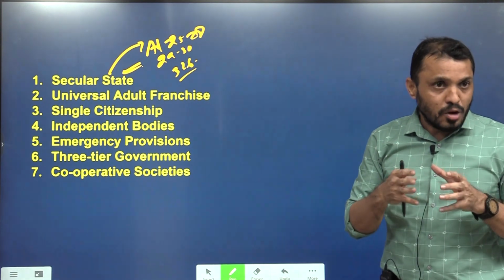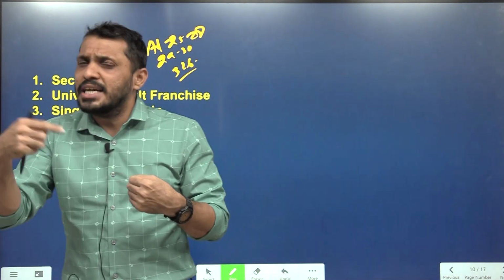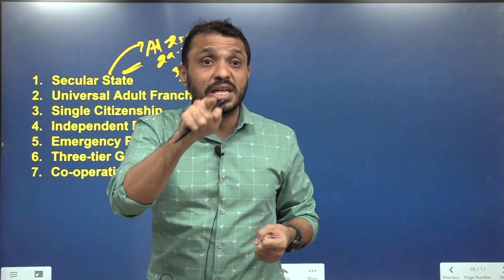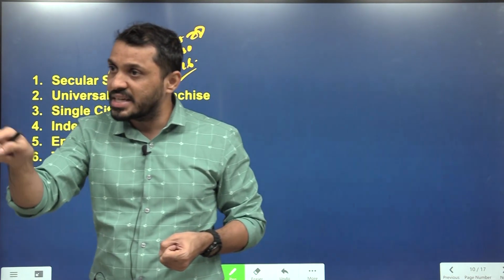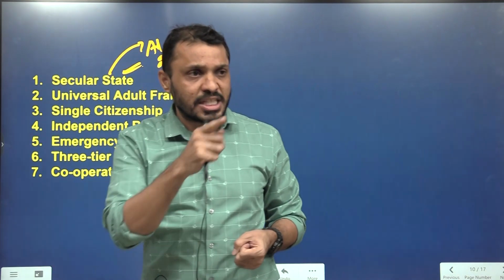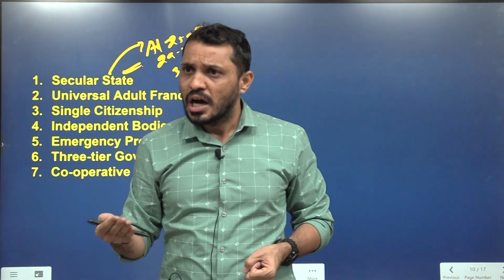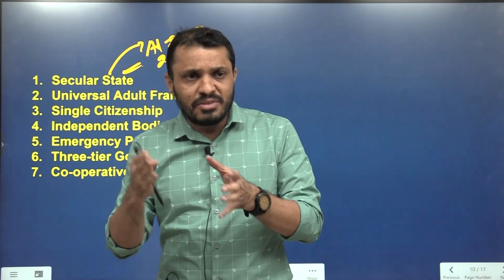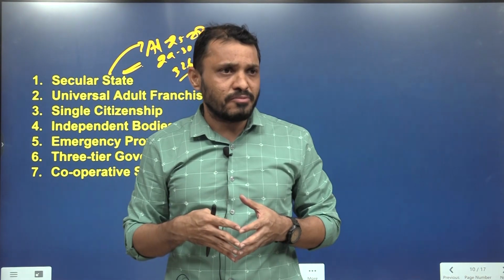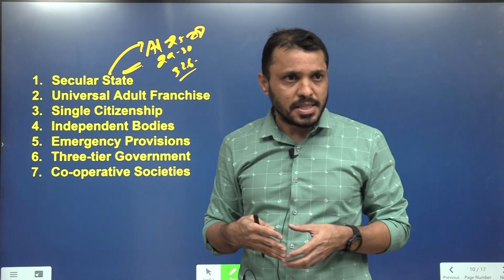I hope you understood the interrelation between the state and religion in India. Why is the state involving itself in religion in India? Because in India, a lot of religions are suffering from social evils. If the state did not interfere, those social evils would consolidate and so many vulnerable people would be affected. We have seen for decades how women were affected by triple talaq, and the court got involved and said that triple talaq is a crime. The same goes for the Sati system, which was abolished in 1929, and the Widow Remarriage Act and child marriages.